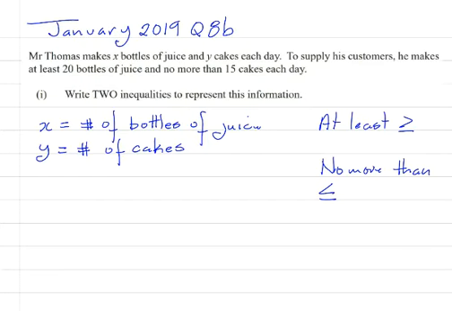All right. So if he makes at least 20 bottles of juice, the first inequality is X, which is the number of bottles of juice, must be greater than or equal to 20. At least 20 means greater than or equal to 20. Then it says he makes no more than 15 cakes. So Y, which is the number of cakes, must be less than or equal to 15. So this is part I of the question. Now